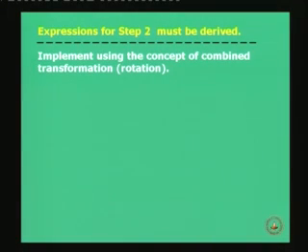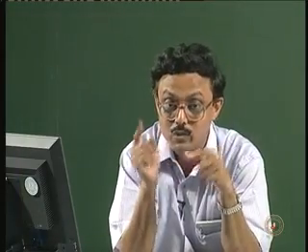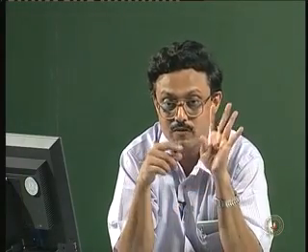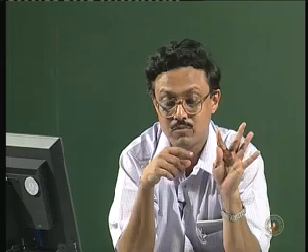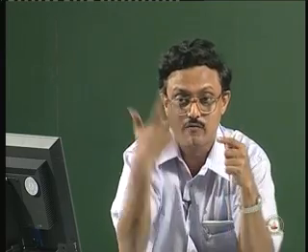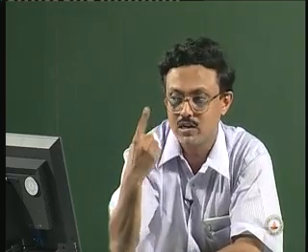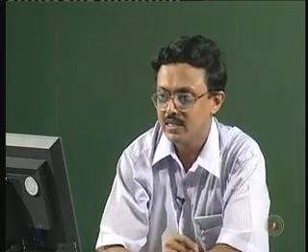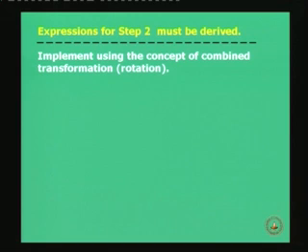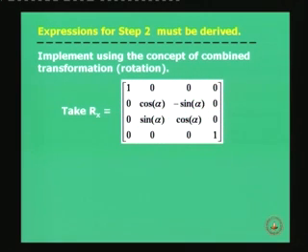So we are essentially now under the first stage of normalizing transformation. Within the 5 steps of the first stage, we are in the second step. First stage of the 4 stages is normalizing transformation. In that first stage we have 5 steps, and first is translation, second is rotation. So we are talking of step 2, that is what is given in the slide. We are looking for expressions for step 2 which must be derived, and we implement that using the concept of combined transformation or rotation. Let us take